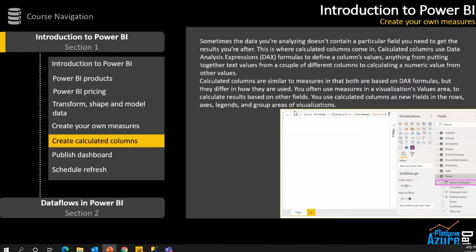The next one is about calculated columns, and this is what we did just now. Okay, and right now I showed you after going to the transform editor, but I'll show you how you can create a custom column on your main Power BI page itself. Okay, so let's go to that. I'm going back again to Power BI.